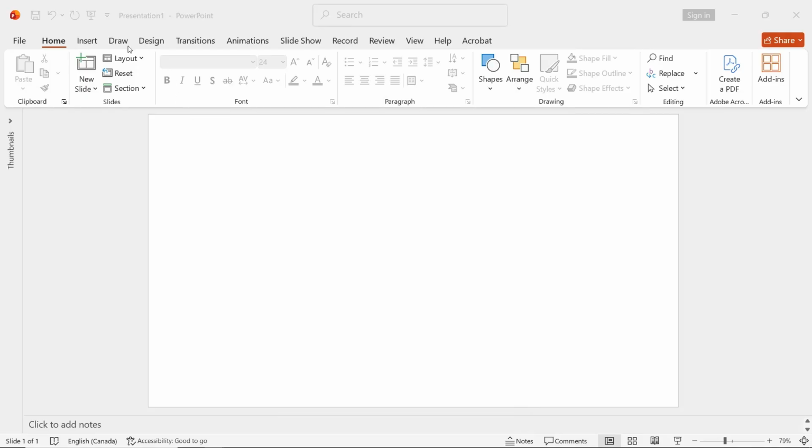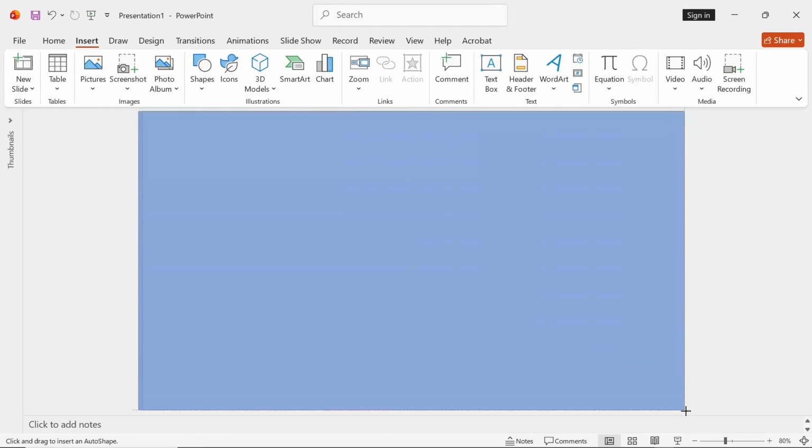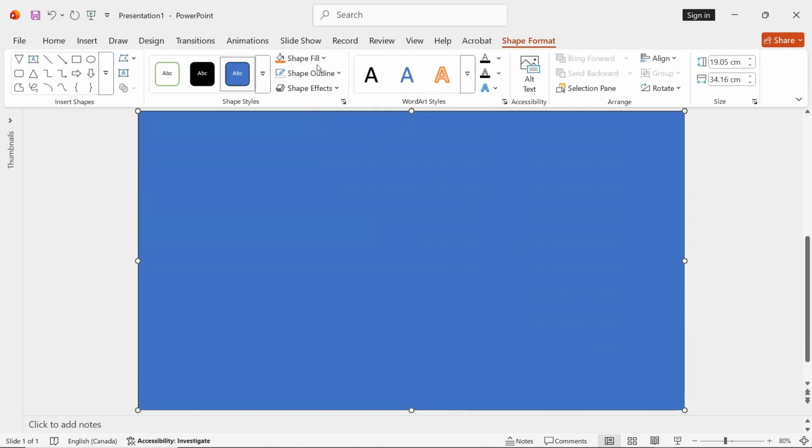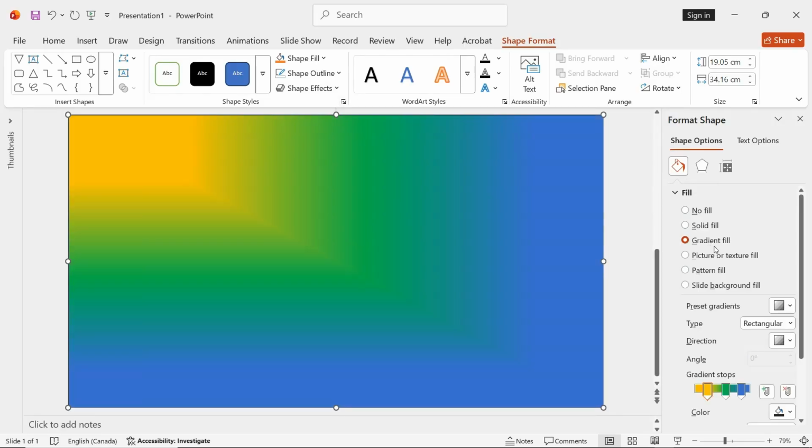So we start with PowerPoint here: insert, shapes, choose the rectangle, and just cover the whole slide, like so. Click here on Format Shape, go to Fill, go to Gradient, and I've already set 3 color stops: yellow, green, and blue. I've set it to rectangular type, and the direction is here